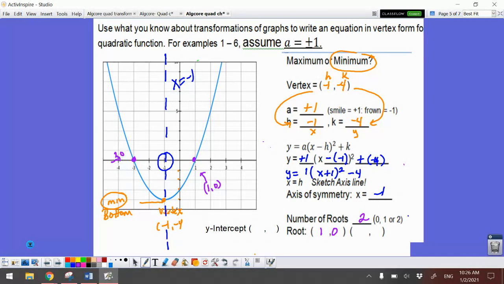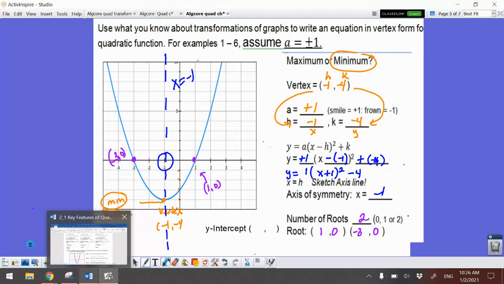And this one is negative 3, 0. So negative 3 and 0. All right, y-intercept. One left. If I'm looking for a y-intercept, I'm looking for where it crosses the y-axis. I see my y-intercept right here. So that ordered pair is going to be 0, negative 3. And I have now come up with all the characteristics